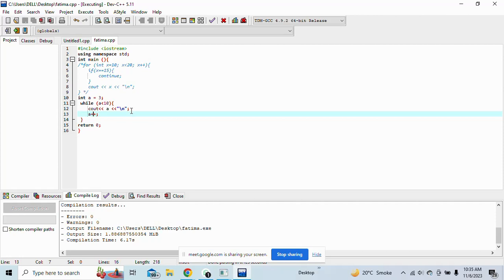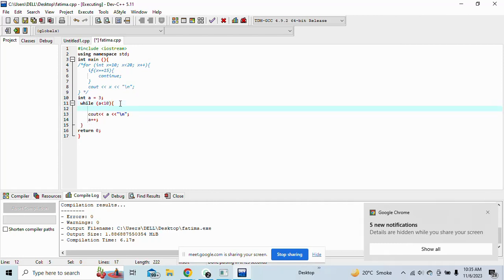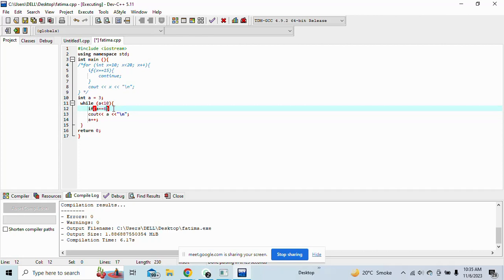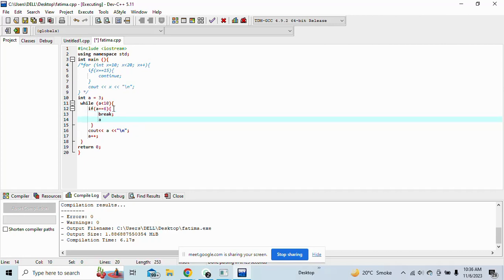So for that, I'll write if, provide any condition like a is equal to 6, then curly bracket, and I say break, but after break continue iteration of a. Then cout a with increment. Okay,